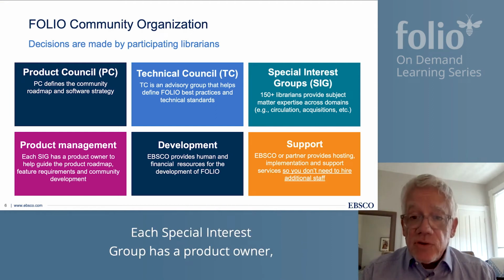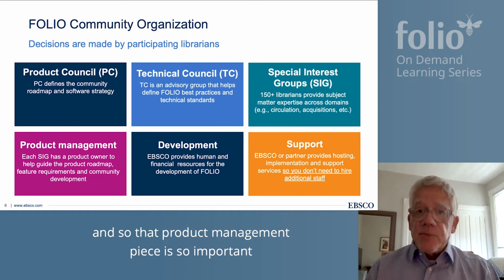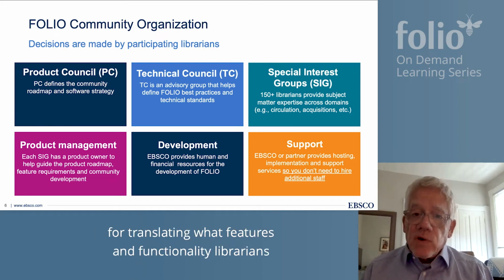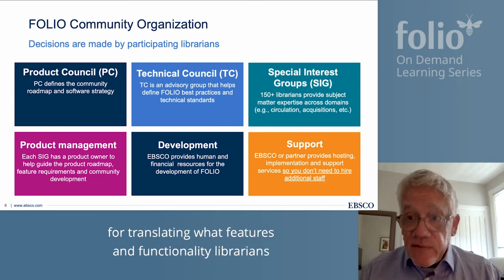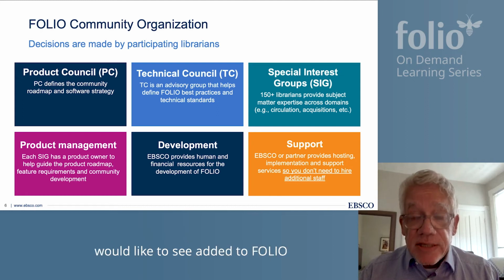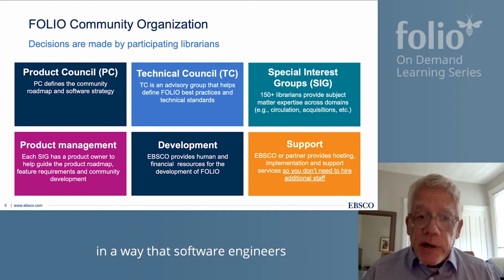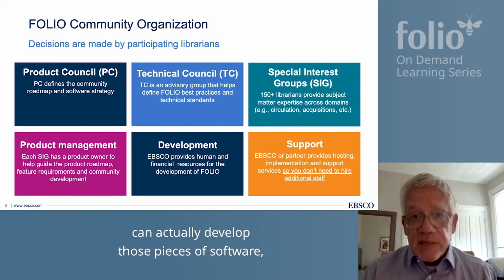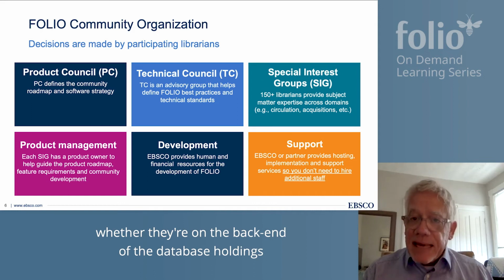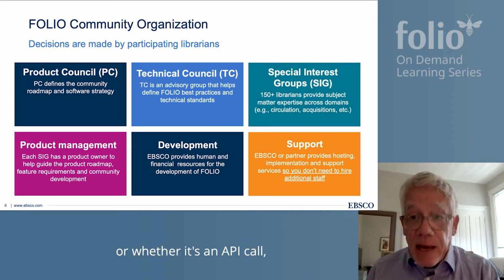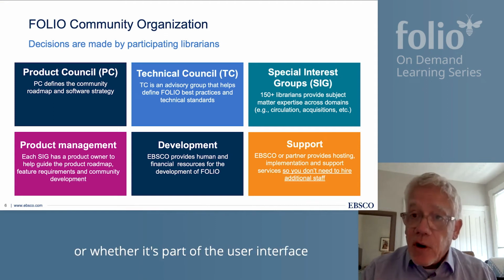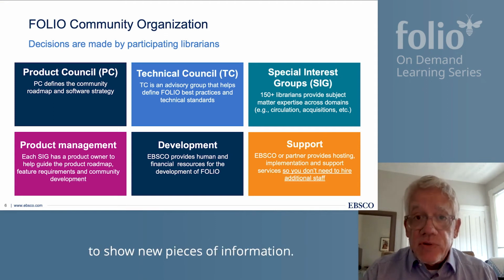Each special interest group has a product owner, and that product management piece is so important for translating what features and functionality librarians would like to see added to Folio and making sure that it is put forward in a way that software engineers can actually develop those pieces of software, whether they're on the back end for the database holdings, or an API call, or part of the user interface to show new pieces